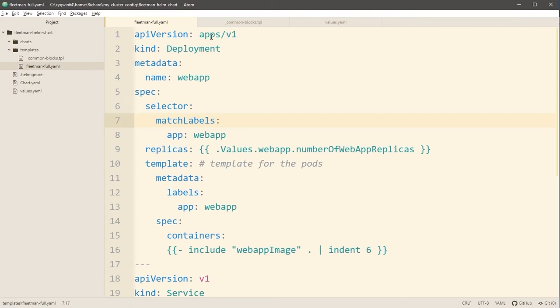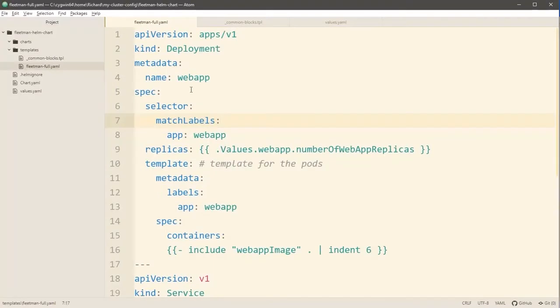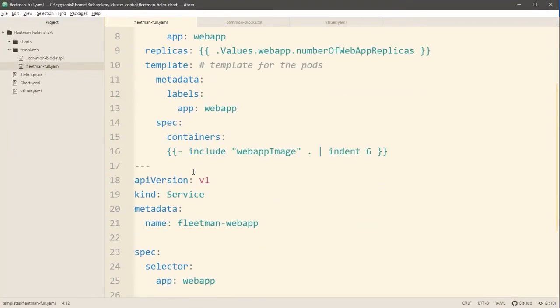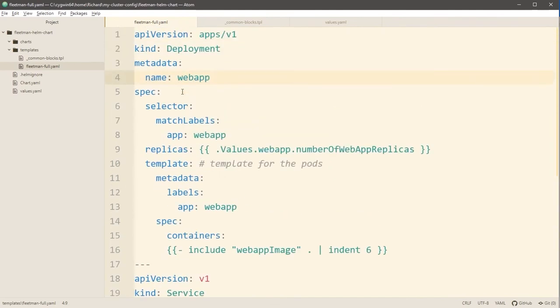So let me demonstrate. We've got 2 objects that we're creating in Fleetman. We've got the deployment, which is currently called Web App, and we've got the service called Fleetman Web App. Now what we can do is put in a go action here, and there is a predefined label that we can use, and it's called .Release.Name, and that will drag in whatever the installer has used as the release name.